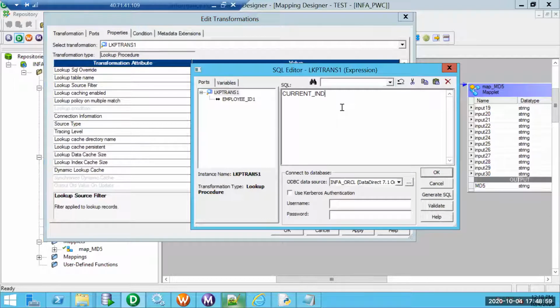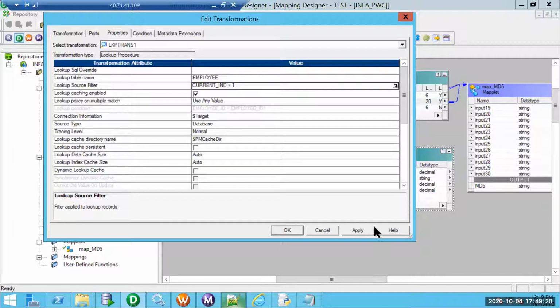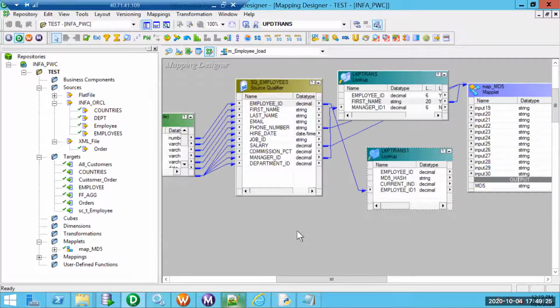So whenever we are trying to perform an SCD, specifically SCD2, we have to make sure that we are retrieving target lookup data corresponding to the active records only, because there could be existing data which is matching, but if it is not active, we are not considering that as a change. It will be considered a change only when the lookup returns a hash value that is different.